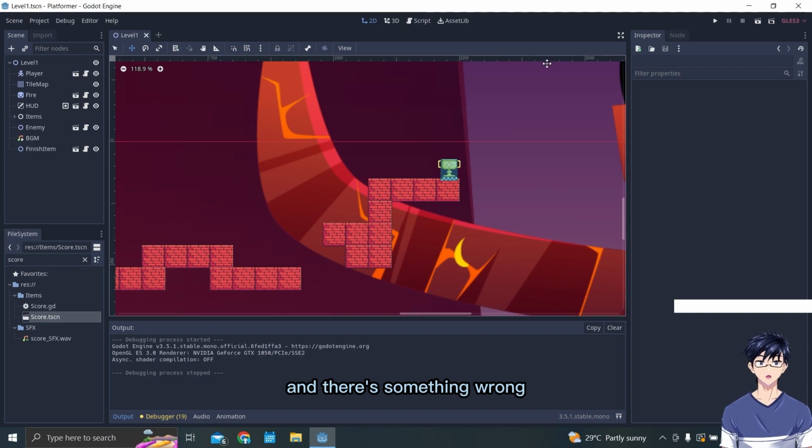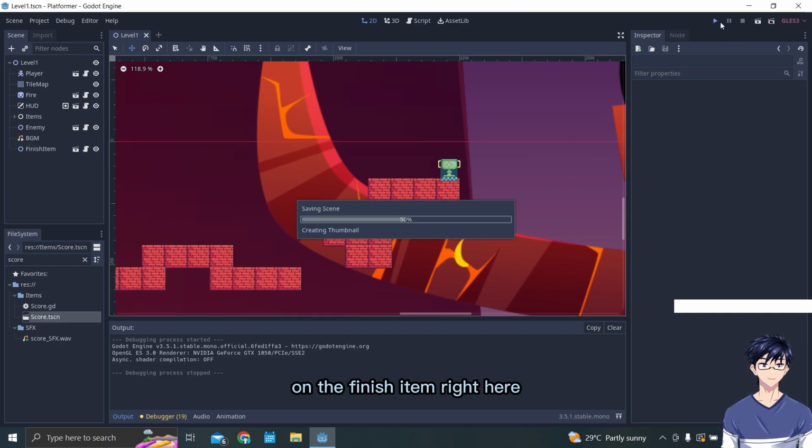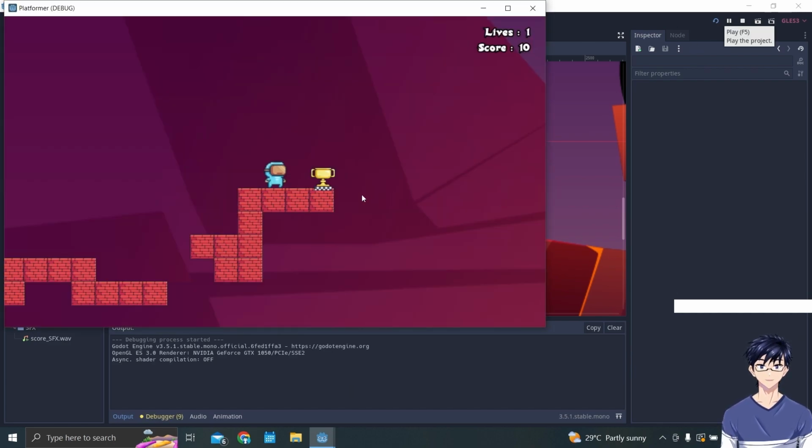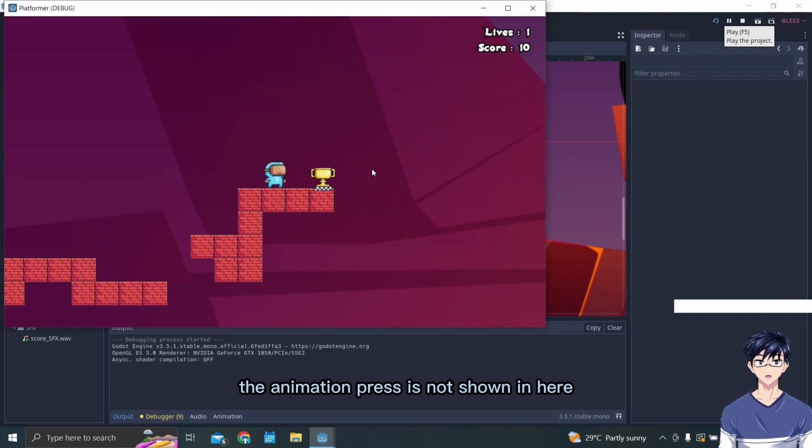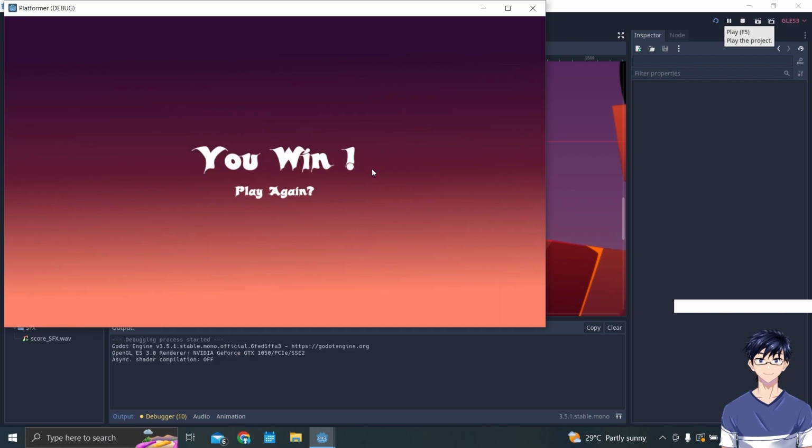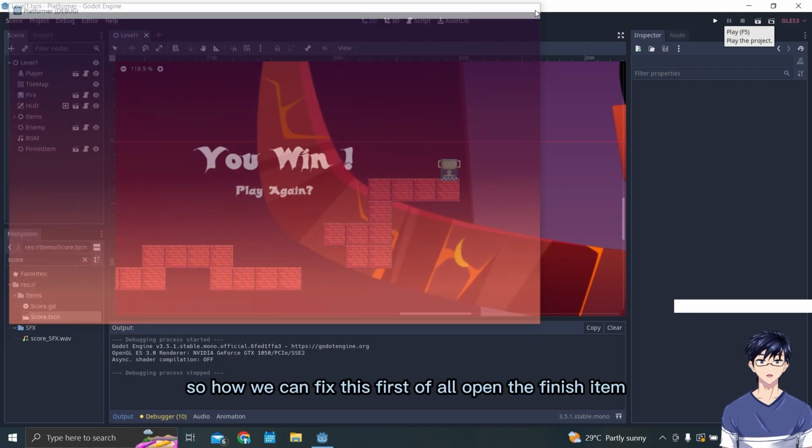And there's something wrong on the finish item right here. When you hit the trophy in here, the game finishes so quickly. The press animation is not shown in here. So how can we fix this?